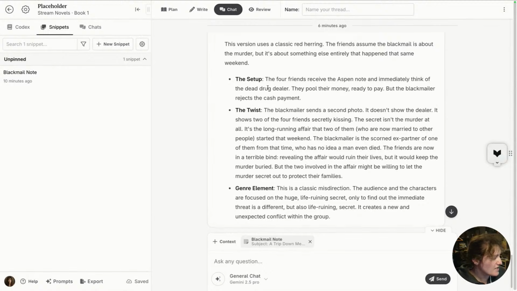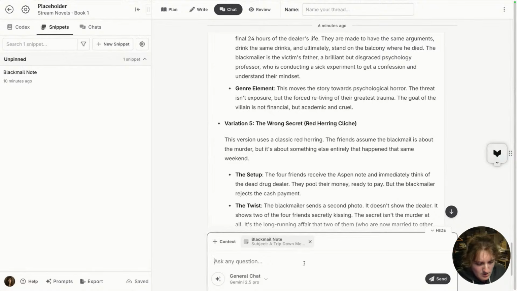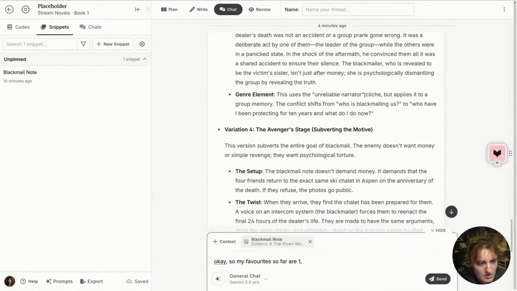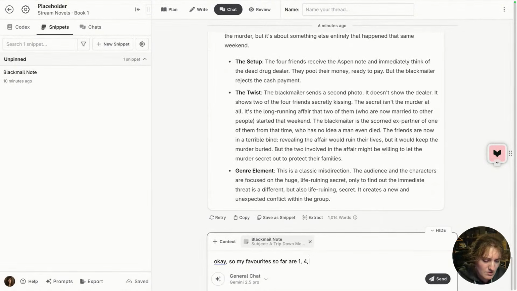I like the idea of the red herring. Okay. Okay, 1 from 5. The blackmailer is someone,